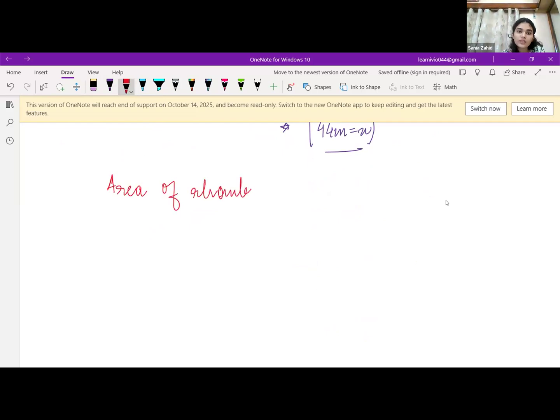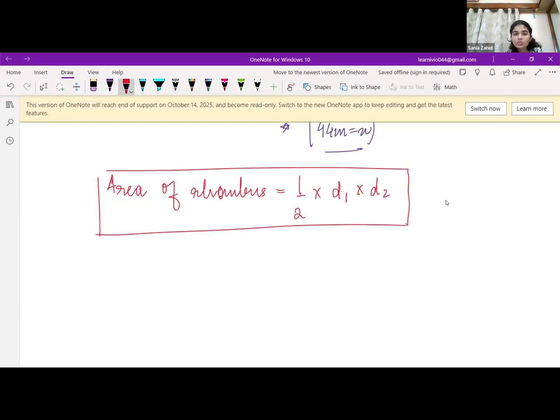Does someone know the area of a rhombus? Half into diagonal 1 into diagonal 2. Okay, half into d1 into d2. This is the area of a rhombus. So if this is a rhombus,